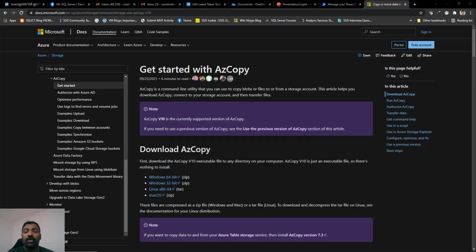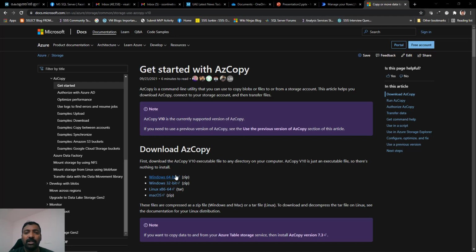Now the second part is how we can get this file uploaded to a file storage container that we have set inside our Azure portal. So let's now see how we can do that. For copying the files to an Azure Blob Storage inside Power Automate, we will be making use of a command line utility called AzCopy. You can search for AzCopy in your browser window, and you can go to this get started with AzCopy page, and you will have the download link available for the AzCopy.